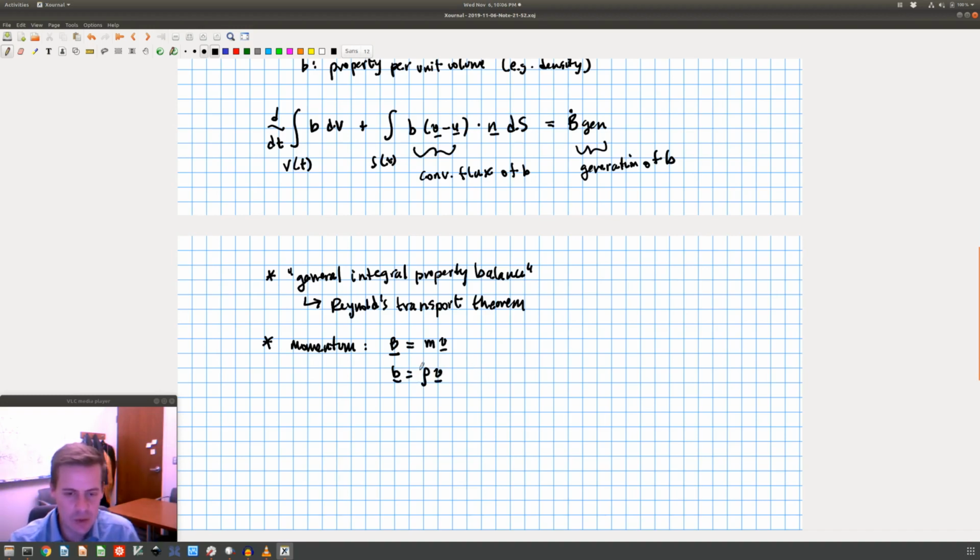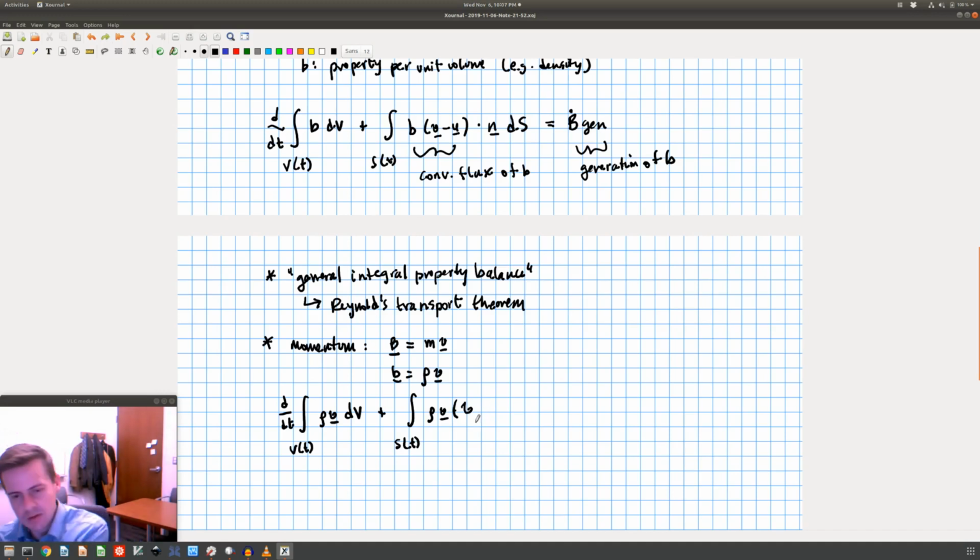So I just need to take those, plug them in up here to my Reynolds transport theorem, and I get the time derivative of the volume integral of rho v dV plus the surface integral of rho v times (v minus u) dotted with n dS,